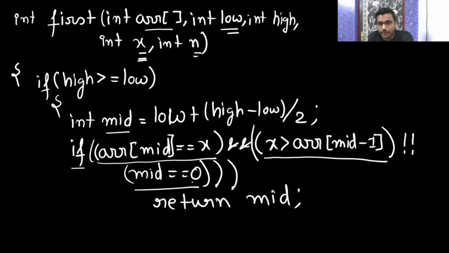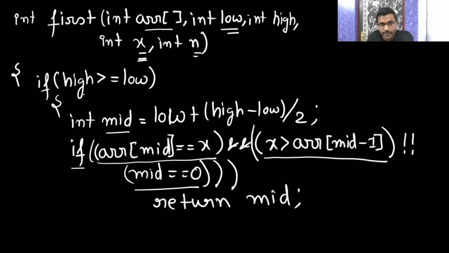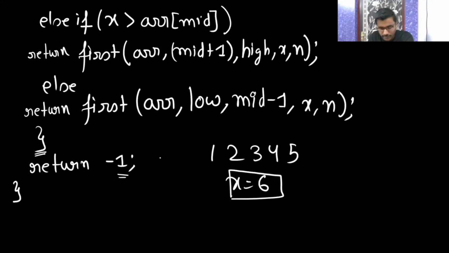So what will happen, it will keep on doing mid, it will be an unsuccessful search, and the condition will get violated after some execution. High will not be greater than low, then it will return -1 and you are going to get -1 as the output. Understood? Anyone? Is it clear or is it required to take an array and execute this function? If you tell me, I will take one array and execute this algorithm one by one. Please let me know whether it is required.